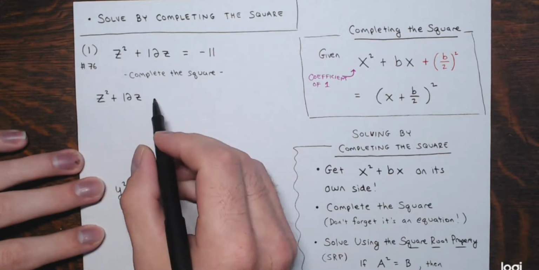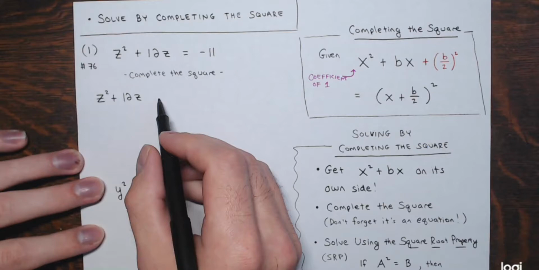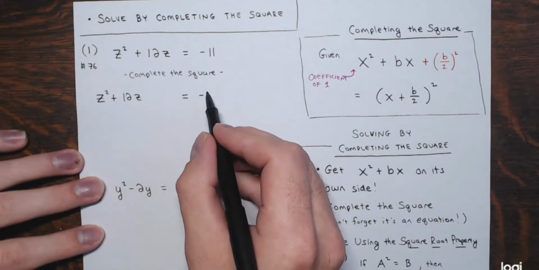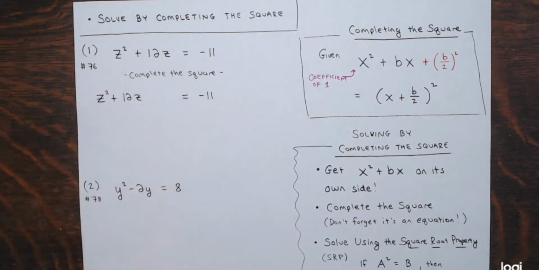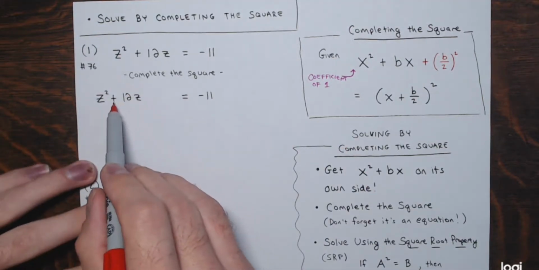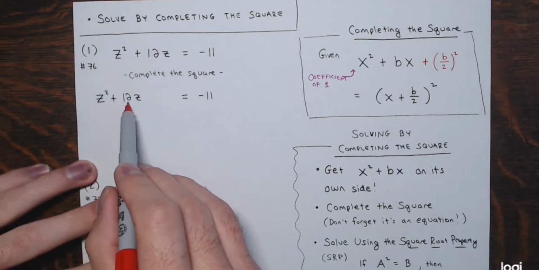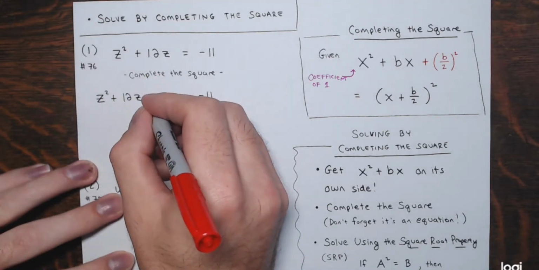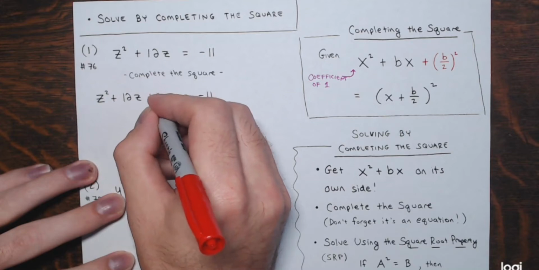I'm going to leave a little space for the number we're going to be adding to complete the square. And then on the other side we have equals negative 11. And the number getting added, right, the linear coefficient is 12. Take half of 12, which is 6, and then squared is 36. I'm going to be adding 36